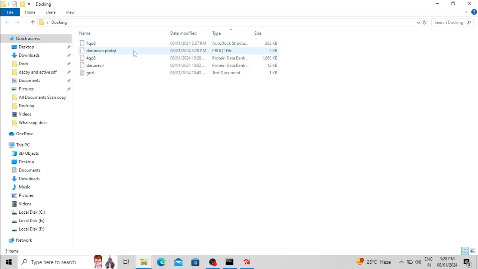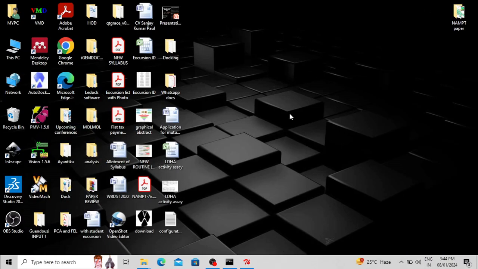We need these two input files for our docking. We need another thing, that is a text file containing the different parameters for molecular docking using Vina. So this file is known as the configuration file and we have to generate this configuration file in a simple text file. So I have already generated a blank configuration file,